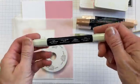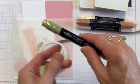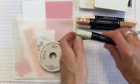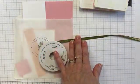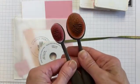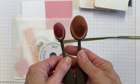So, light soft seafoam and light mossy meadow. You could use any other darker green to go with the seafoam, to be honest. Let's put those in my basket out of the way because you know I like things to be tidy. And I've also got two blending brushes, a large one and a small one,